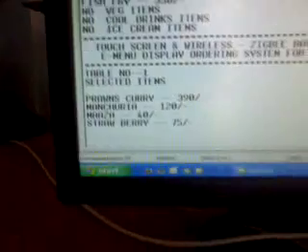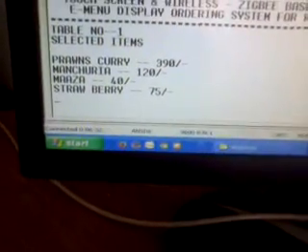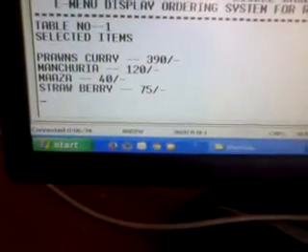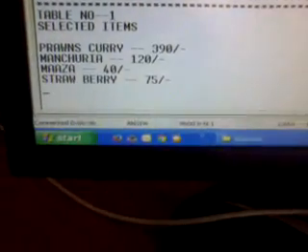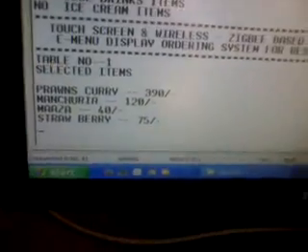Your order is confirmed. So the order is selected here only. For table 1, I said French fry, right? Manchuria, right? Maaza, right? Strawberry, right? So we selected these items on table 1.